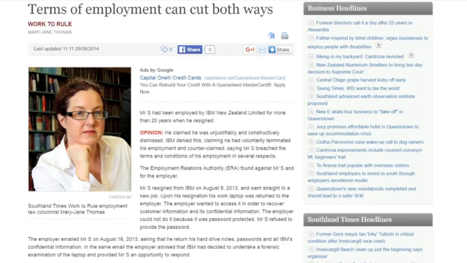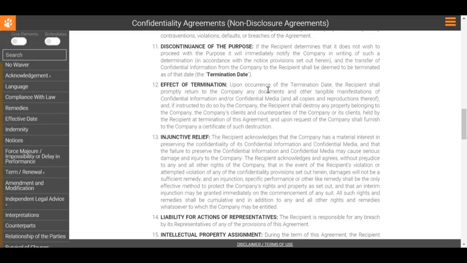And on the employment law side, the employer would likely want to include language, either referring to company policy or directly within the employment agreement, that would require that company property only be used for company business and not for any personal business. Remedies in the event of a breach of a non-disclosure agreement can be set out in advance